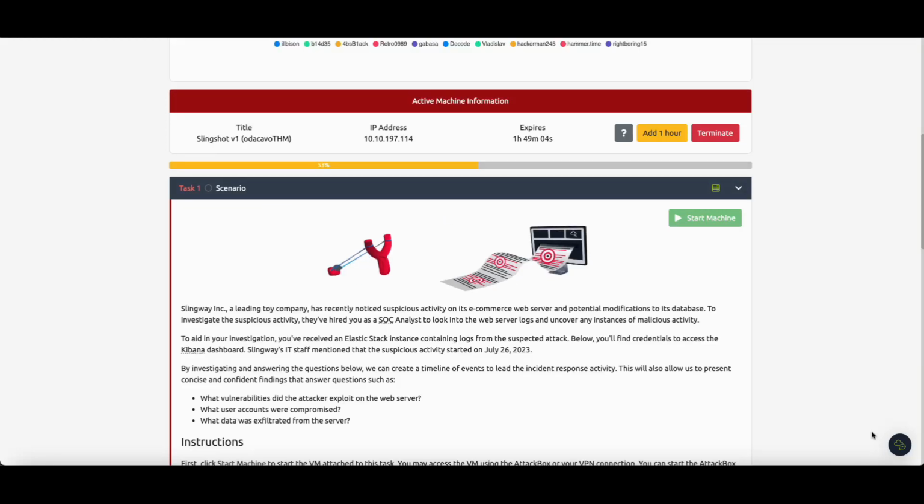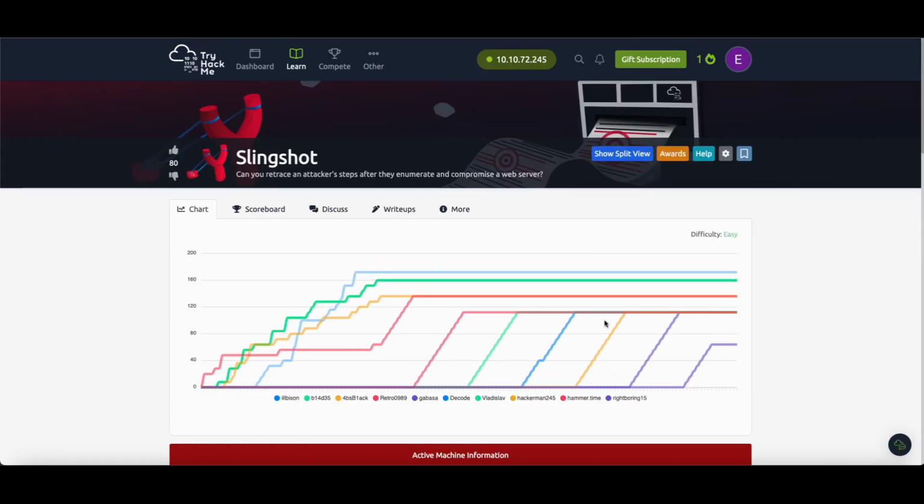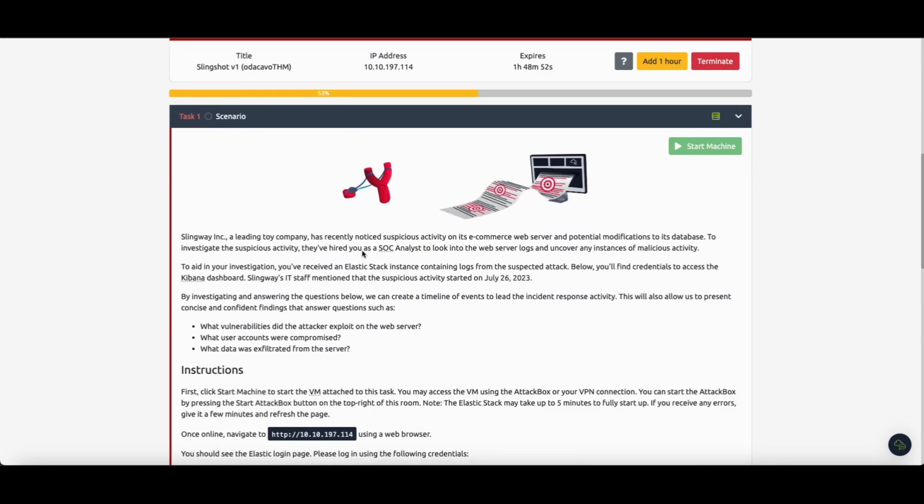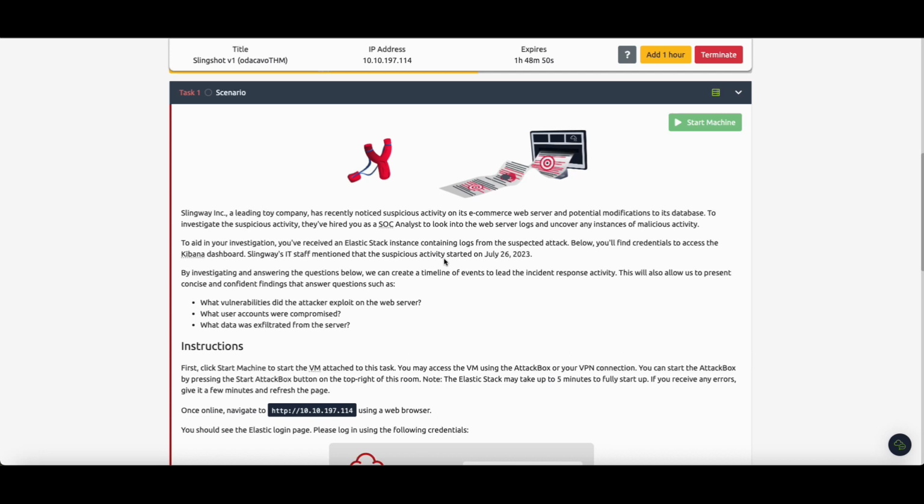Hello everyone, welcome again. Today I'm going to solve the Slingshot room. It is a SOC level 2 room and there will be two parts for this room. Okay, so let's start. But before we start solving the questions,